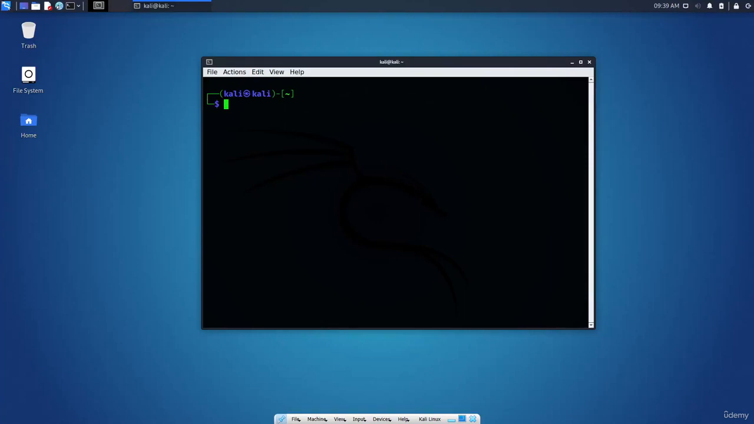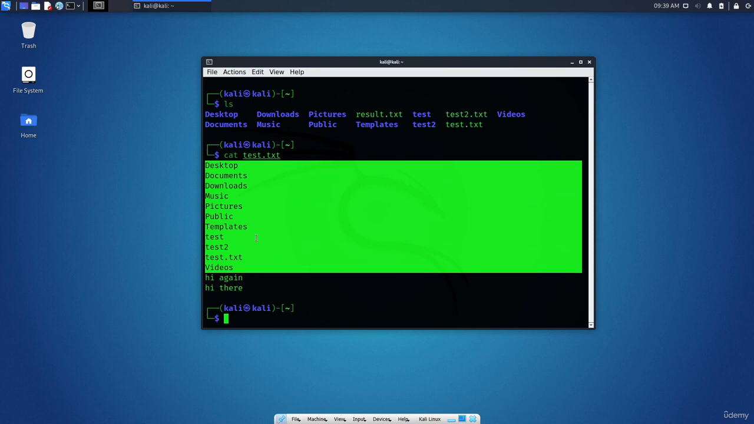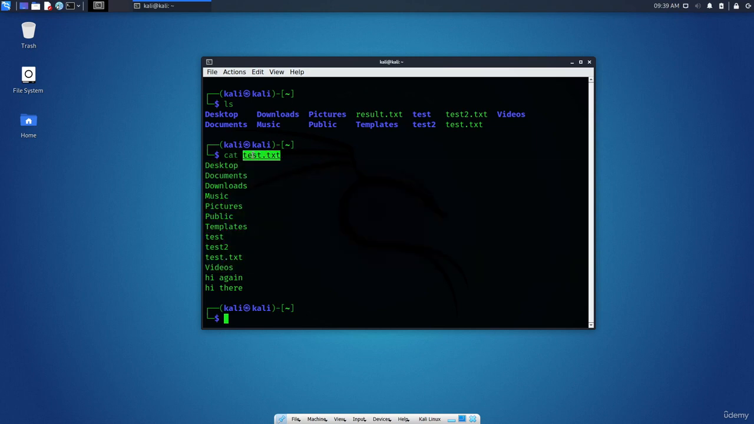Okay, now let's talk about comparing the files. The first command we will use is the compare command. Remember we have the test.txt file here. Let's make a copy of this file using the cp command. The source is test, and the destination will be